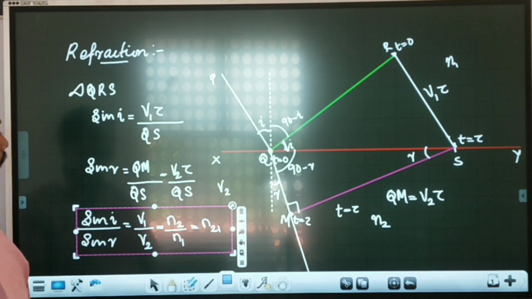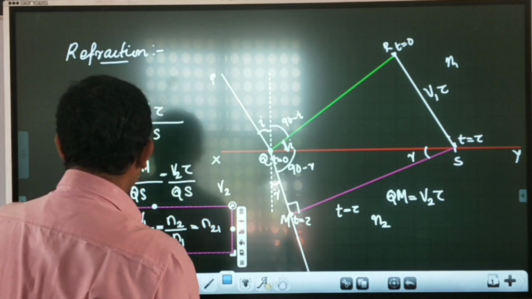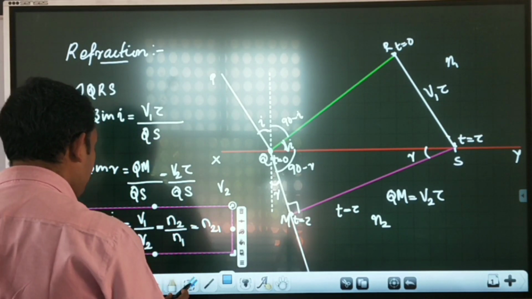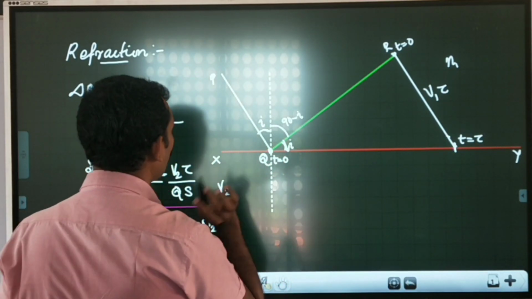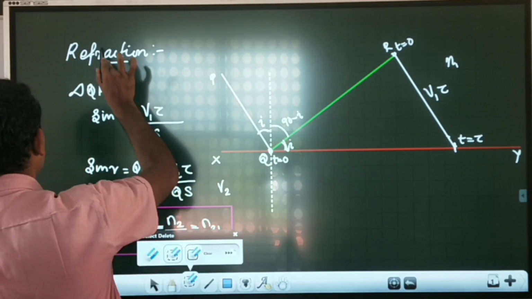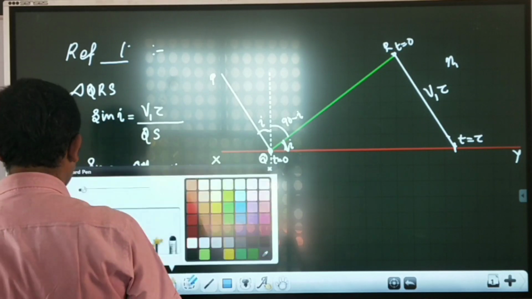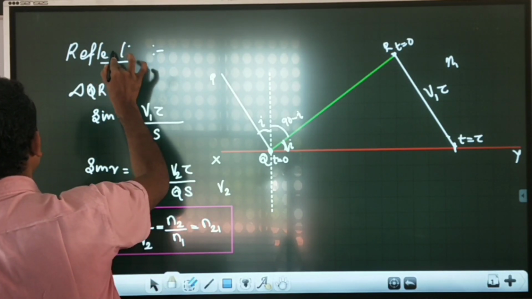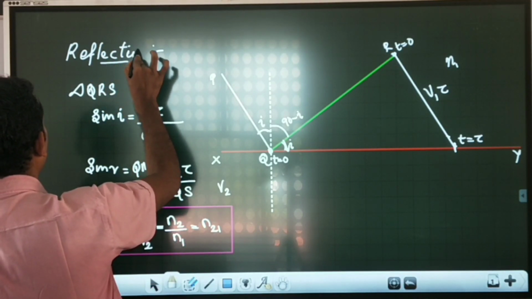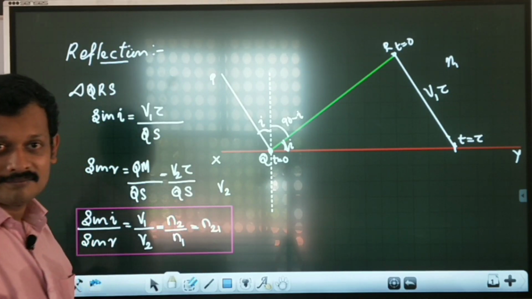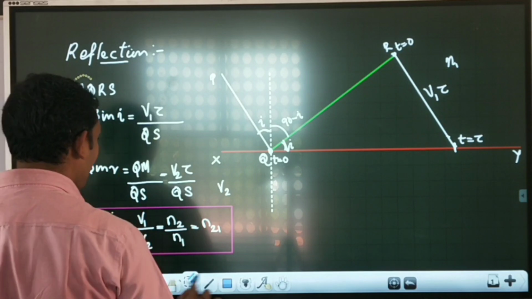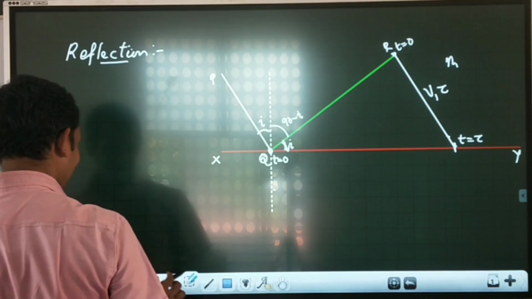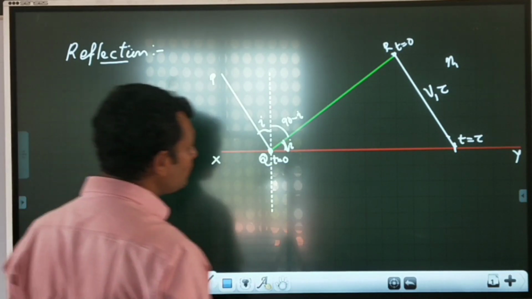Now we will draw it in the same figure. How can we explain reflection based on this theory? Next we will consider the theory of reflection. So only small changes are required. Now that much is done here. Correspondingly, in reflection, the wave travels back into the same medium. That means what I'm going to do here,